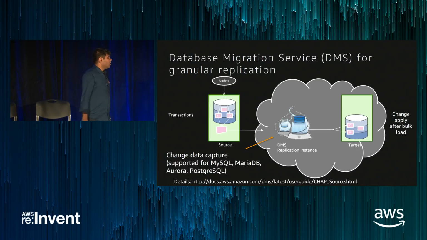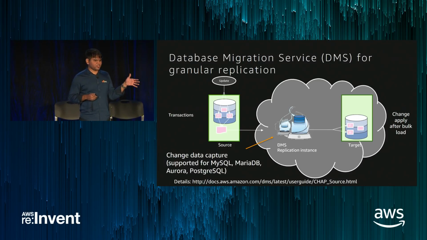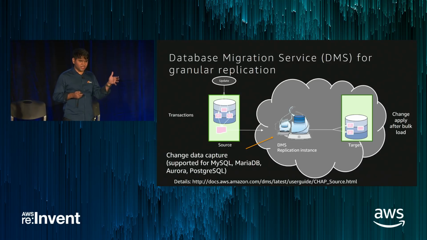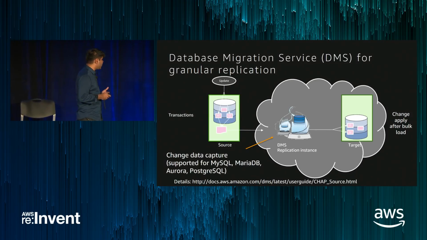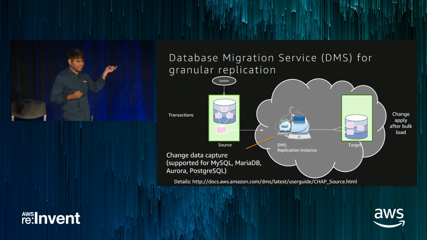So far I was talking about the default replication of RDS, but you also can use the DMS service. The difference with DMS is that you can replicate selectively. The default replication will replicate everything, but sometimes that is what you don't want. You want only certain tables to be replicated. So DMS gives you that granular control, and DMS is able to continuously replicate data because it works with change data capture technologies, which allow you to just detect the changes and replicate them from one side to the other.